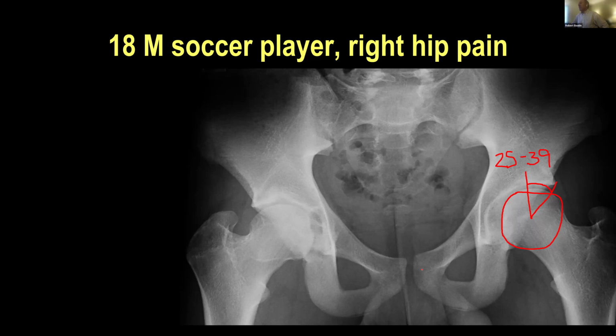Yeah. And the reason that it's important that it be an AP pelvis rather than an AP hip is that the radiographic central beam is here, and it's diverging out to here, and so that's all baked in. Whereas if you have a central ray for a hip AP that's here, the beam's not diverging, and all the measurements are based on having that AP pelvis rather than AP hip.